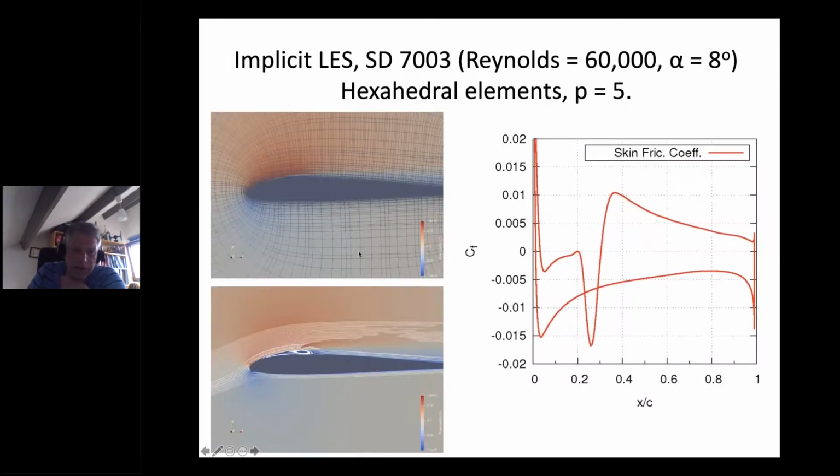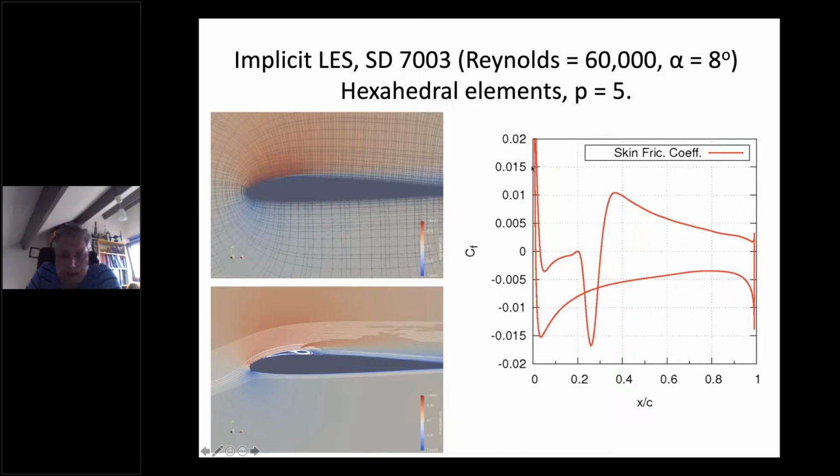So what we did here is we take an average, and this is a plot of the average solution. What you also see here is the computational grid, and what you have to keep in mind, because this is p equals 5, is that a computational cell is composed of 6 by 6 points, and inside there you have this polynomial variation, to give you an idea of the fineness of the grid we are using here. Here you clearly see in the streamlines the separation part, and if you plot the skin friction,